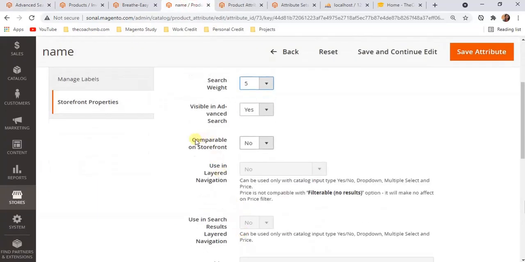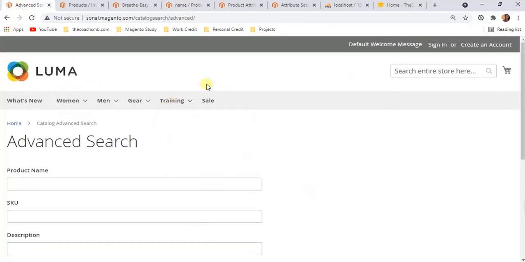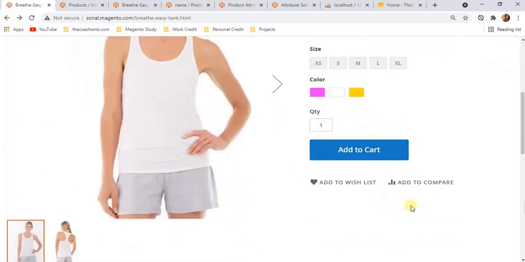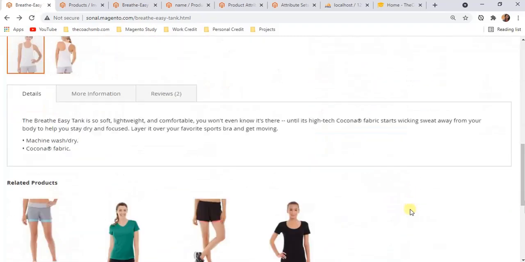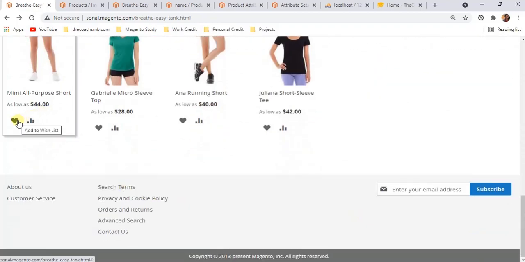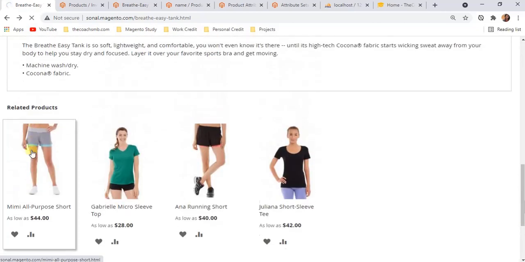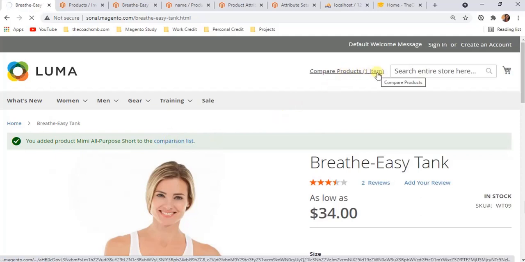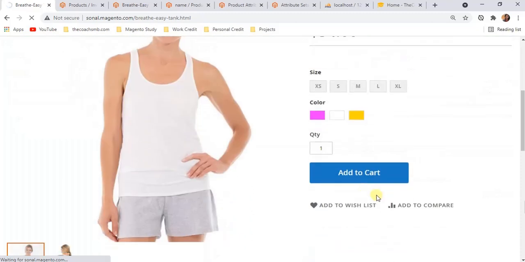Then we have compare on front end, storefront. We can say add to compare, so I have added this product to compare. Let me add one more product. I am adding this product as well to compare both products. When you come to the comparison list and click on this, you can see how many products there are.